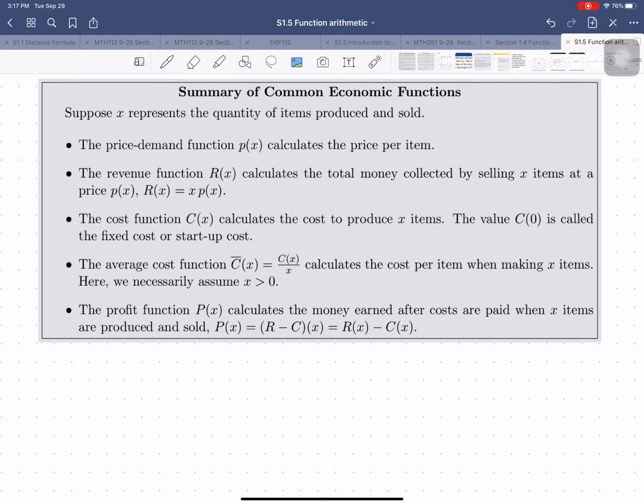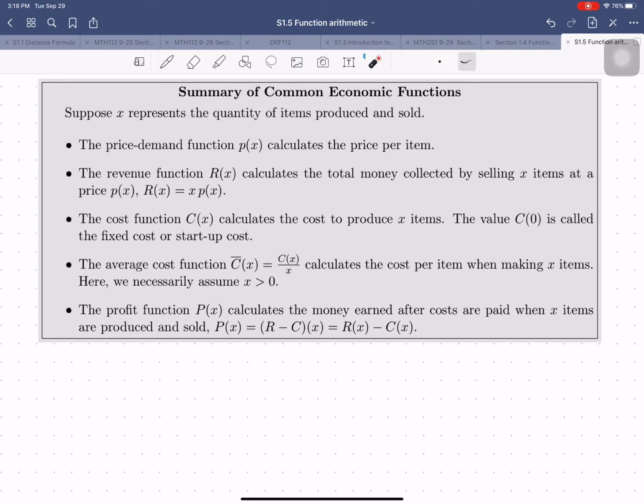All right, so we're going to finish out section 1.5 by doing an example of an economic function application. Economic functions are one of the classic applications of algebra. And what we're going to do